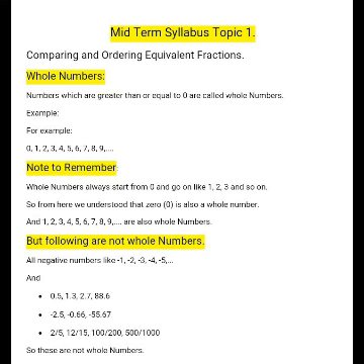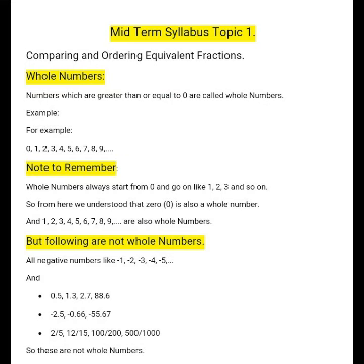Now the point to discuss is which numbers are not whole numbers. Here we can see, in the yellow line it is written, following are not whole numbers. Which type of numbers are not whole numbers? All negative numbers. Remember, all negative numbers like -1, -2, -3, -4, -5, -6 and so on, and numbers like 0.5, 1.3, 2.7,